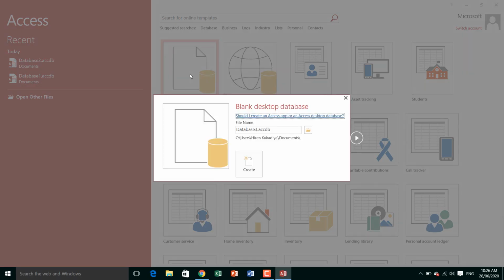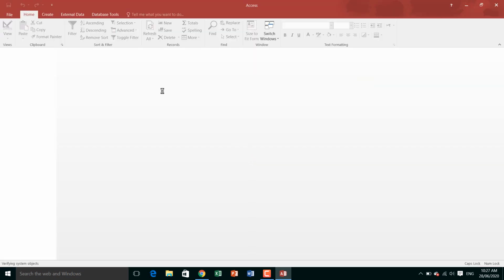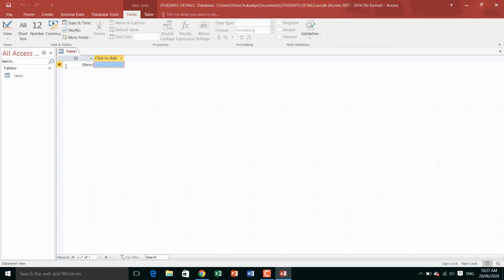Click on this and give the name, any name, like I am giving Student Details. Now click on Create. You can choose where you want to save; we are saving in the C drive, user, my name and Documents folder. Click on the Create button, and your database is created.